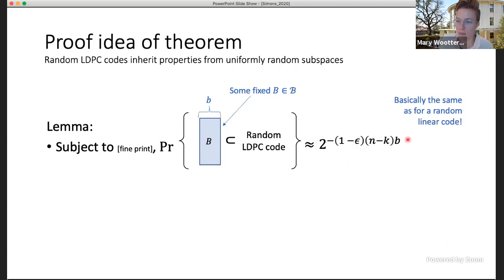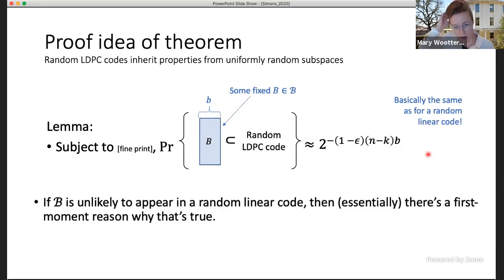And the thing that's notable about this is that this is basically the same as for a random linear code, or sorry, for a uniformly random subspace, right? Before when we did this computation for a uniformly random subspace, we just didn't have this 1 minus epsilon, but everything else was exactly the same. So intuitively, that means that if curly B is unlikely to appear in a uniformly random subspace, then what we just showed in this characterization theorem is that essentially there's a first moment reason why that is true. Right? Essentially, there's some projection A